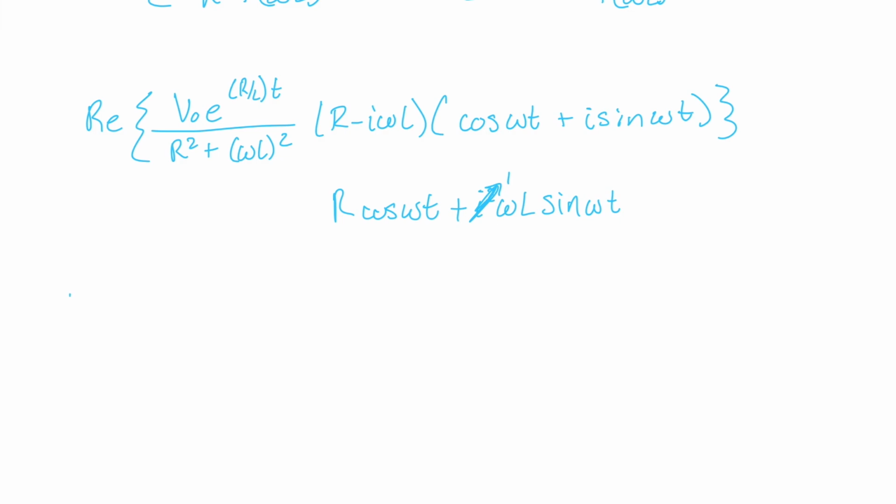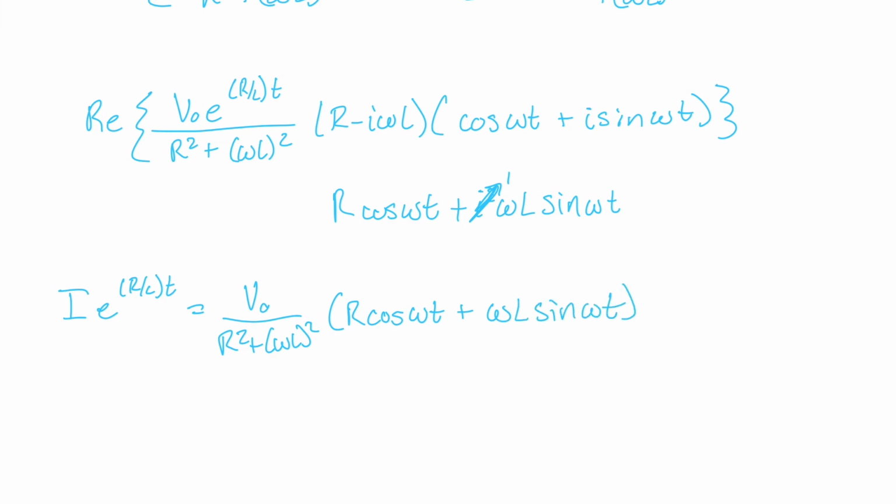We have I over e to the R L T is equal to V naught over R squared plus omega L squared times R cosine omega T plus omega L sine omega T, and then times e to the R L T,